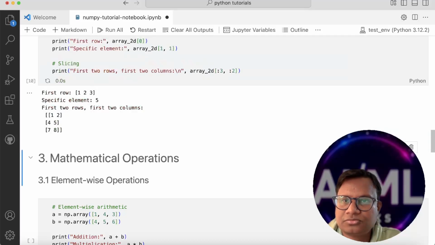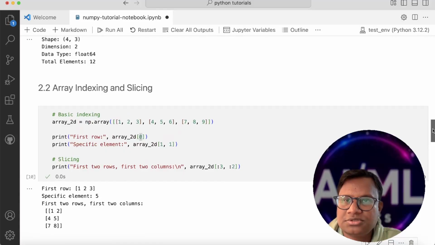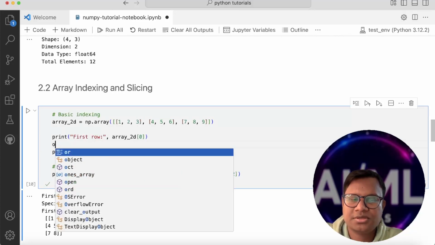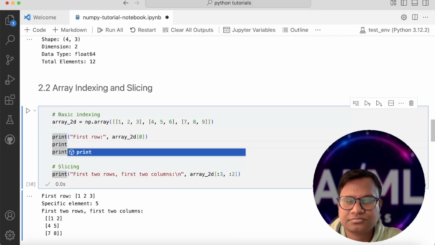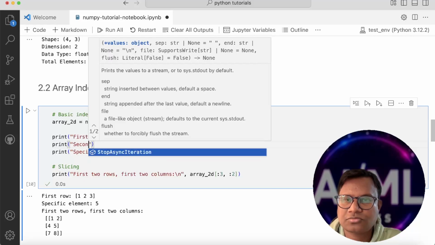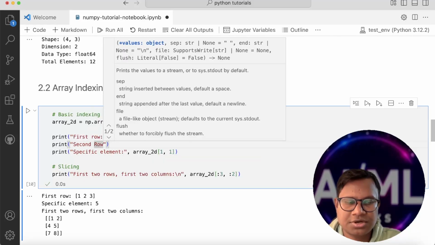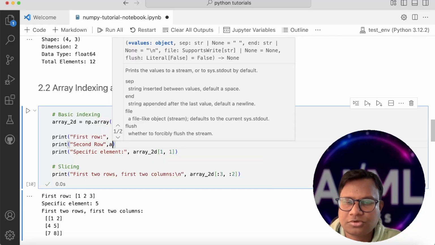See, this 0 is giving me the first row. If I want to print the second row, just print